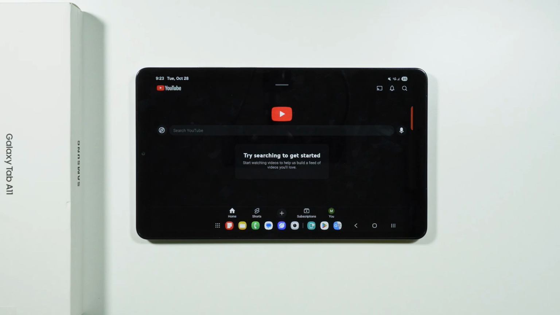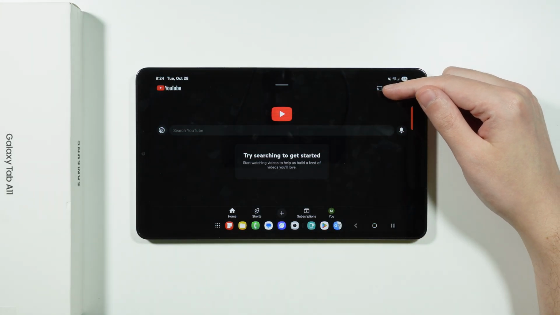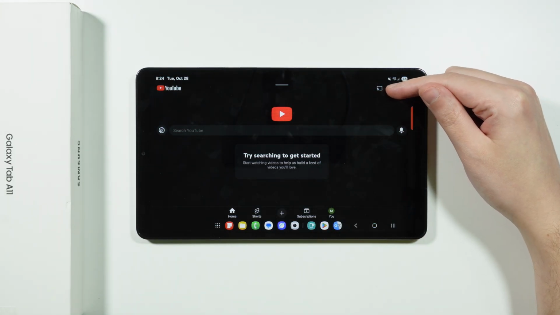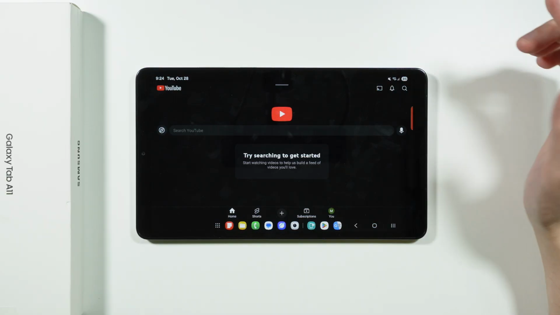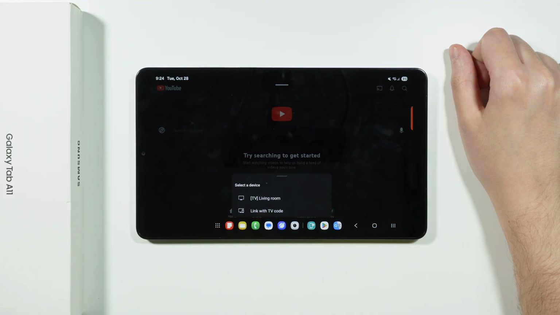If you want to cast YouTube app to TV on Samsung Galaxy Tab A11, it is fairly simple. If you open the YouTube app, then in the upper right corner you can usually find this screencasting button. It is usually a rectangle with the Wi-Fi icon. We can tap over here in order to try to select a device that we want to connect to, and